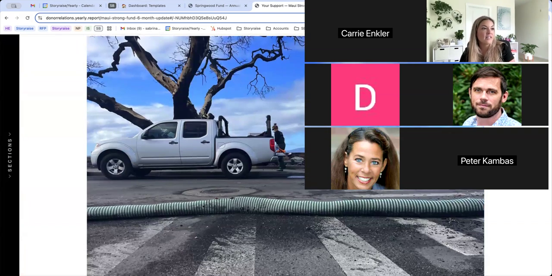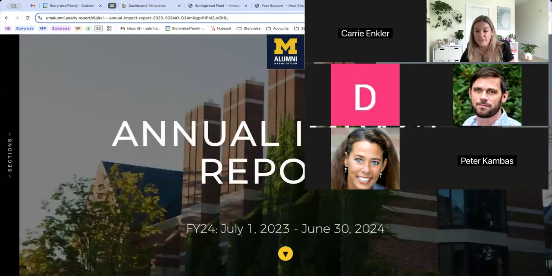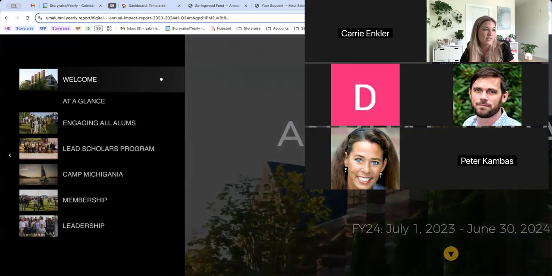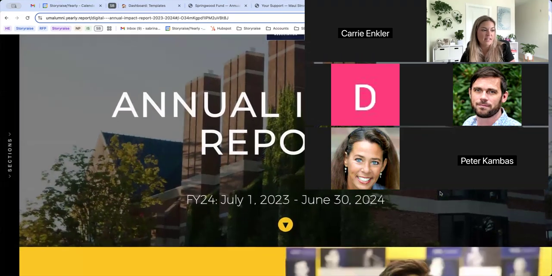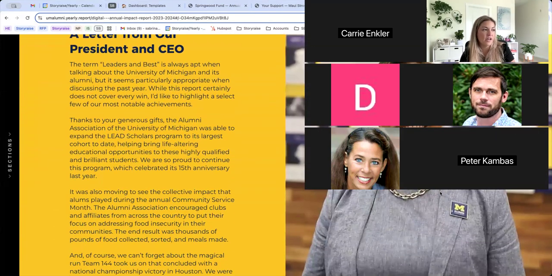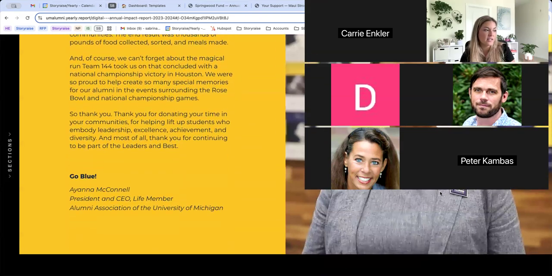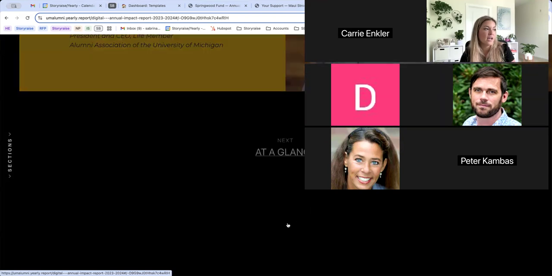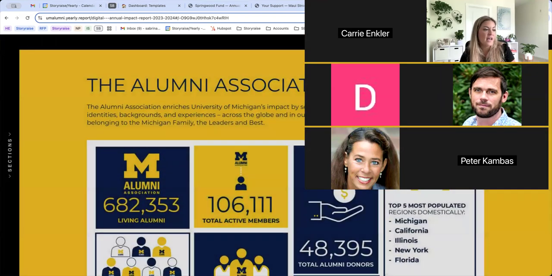Next, let's dive into an impact report from University of Michigan. And here you can see their table of contents, but they do a great job from a higher ed perspective of sharing just the impact of the alumni programs through the year. So this is a letter from the president and CEO of their alumni association. And then